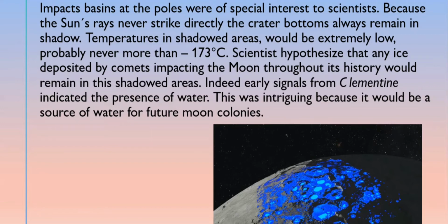Impact basins at the poles were of special interest to scientists. Because the sun's rays never strike directly, the crater bottoms always remain in shadow. Temperatures in shadow areas would be extremely low, probably never more than -173 degrees Celsius. Scientists hypothesize that any ice deposited by comets impacting the moon throughout its history would remain in